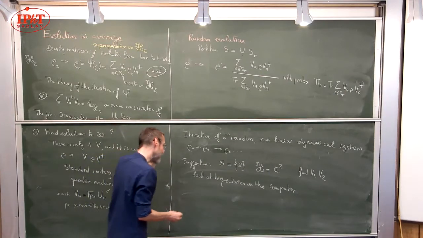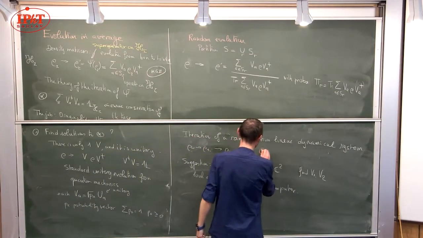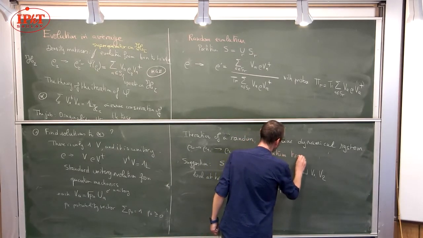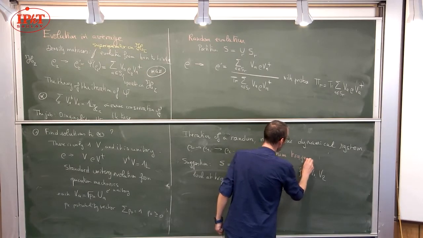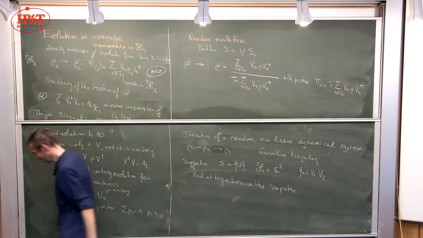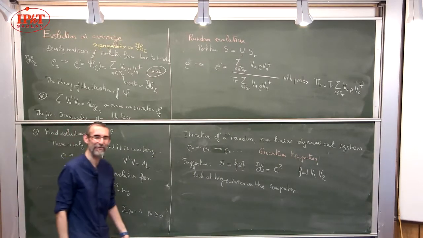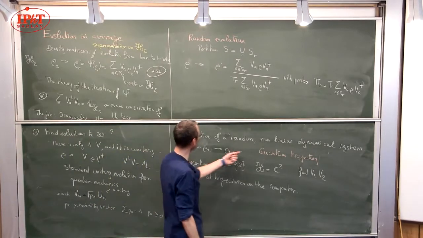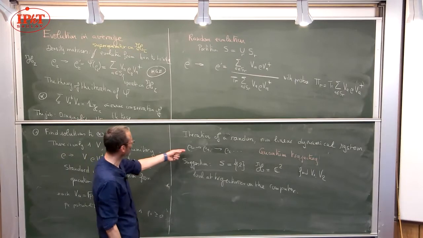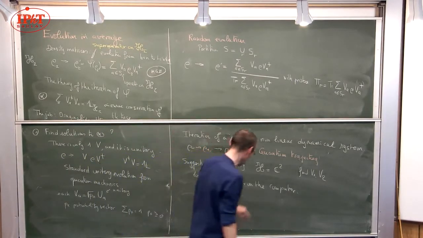So there is a name for this evolution. This is what people call a quantum trajectory. You know, we all learn in basic quantum mechanics that trajectories of particles do not make much sense. But here it's a trajectory. It's a perfectly well-defined trajectory of a dynamical system. It's a trajectory on the space of density matrices.